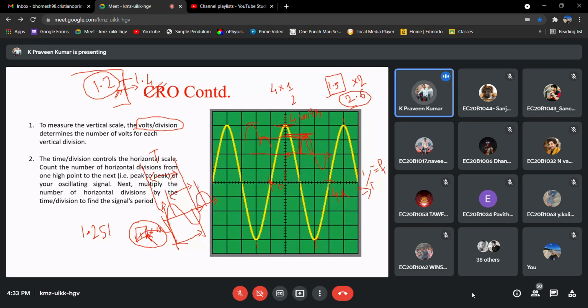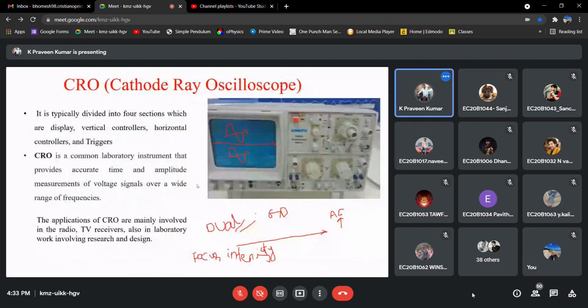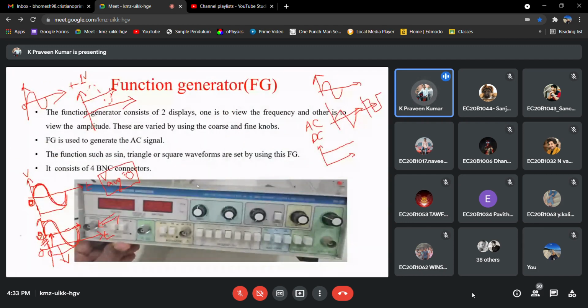Most of the people make mistakes here. Which knob do we have to vary, and when? For example, if you want to measure voltage, how do we measure it? If you want to measure time period, how do we measure it? If you want to generate a particular waveform, how to get that waveform from it? If you want a millivolt range of signal from the function generator, how to get it? These are the basic stuff that we want to know, right? So that's why I have given more focus on that.